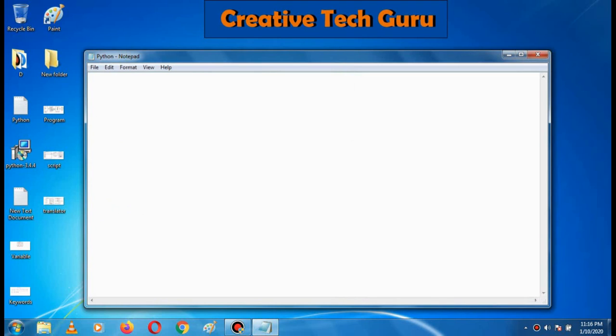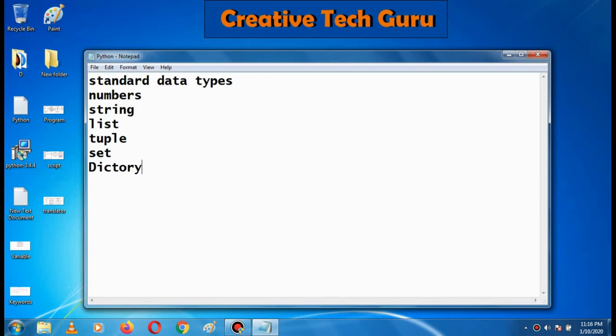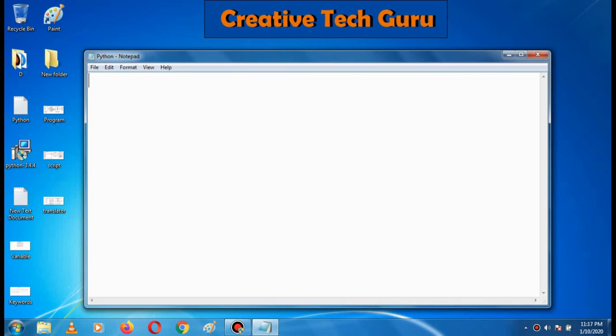The standard data types in Python are numbers, strings, list, tuple, set, and finally dictionary. These are the standard data types in Python.